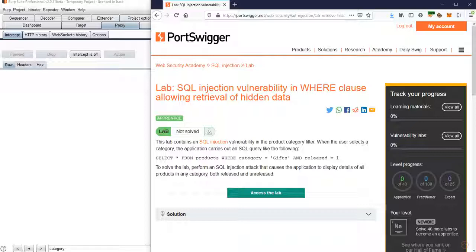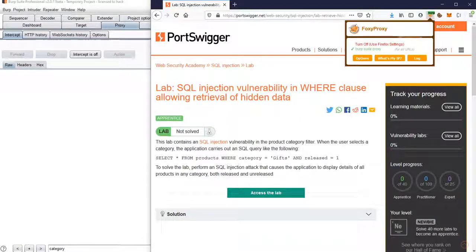I am using Firefox. So instead of configuring every time by going into settings and doing all those things again and again, like configuring the proxy and then removing the proxy, switching on, switching off, to avoid all those things I have added this plugin called FoxyProxy. So you can Google about it and try to add it to your browser as a plugin or add-on. Okay, so you can see I can turn it off at any time and then turn on my proxy configuration. So this is one of my proxies. I can add any number of such configurations.